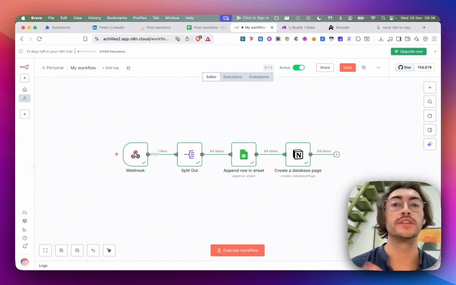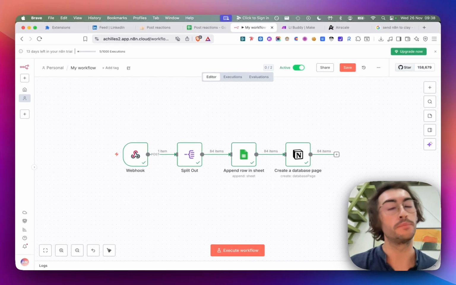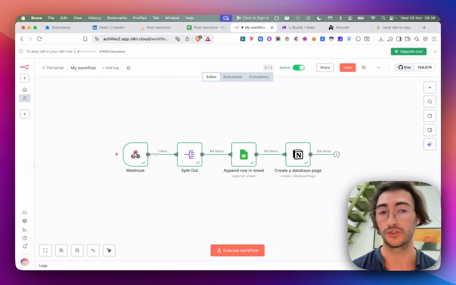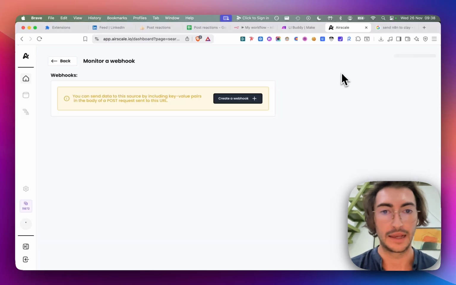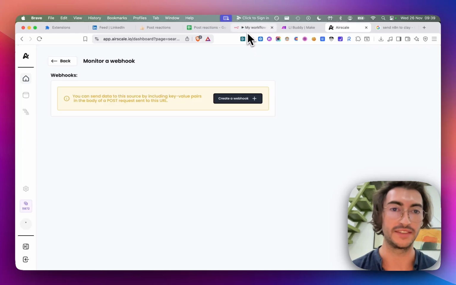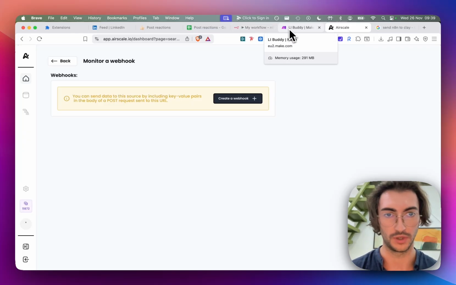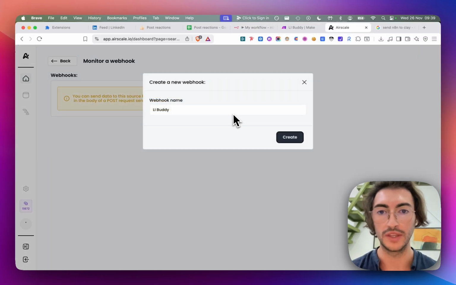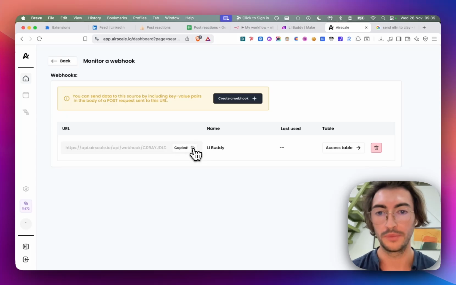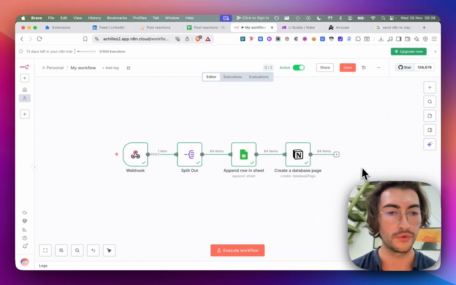Okay, so now that we have the simple workflow, we're going to go a bit further and implement a webhook to directly send the data to your favorite data orchestration tool. It could be AirScale, for instance, or Clay. I'm going to show you both. Basically, we have to use N8N or any tool really. It could be Make, but I will use N8N for instance. So what I will do is create a webhook here, copy the URL, and then in my workflow,